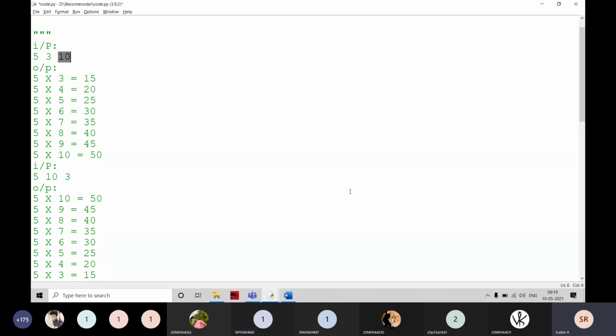Okay, try to write using a single loop. Sir, I wrote it using a while loop. Yes, we can use any loop, no doubt about that. We can use a while loop or a for loop, whatever you want.